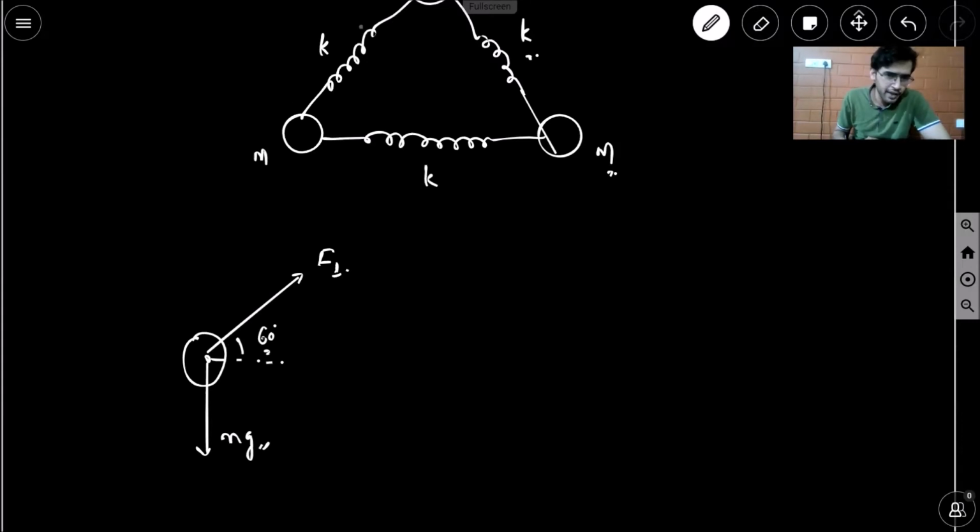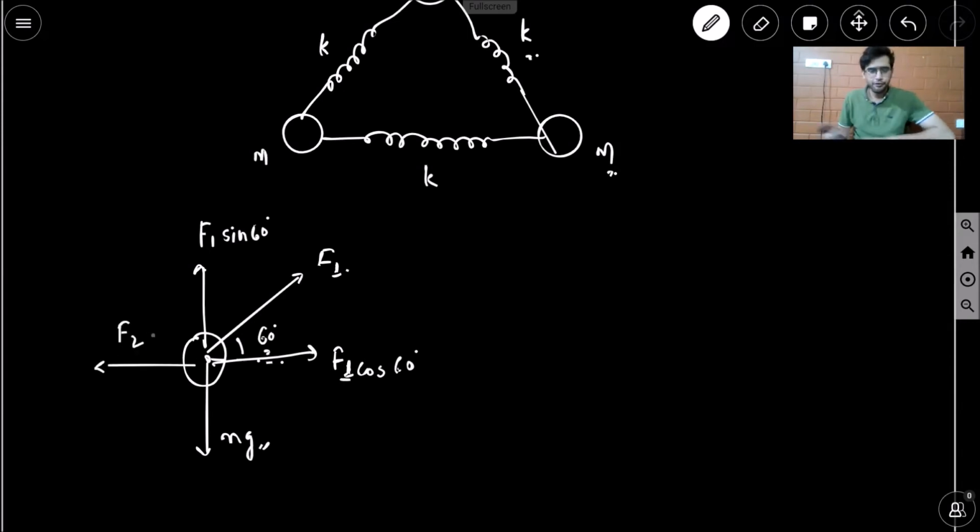So we know that this spring has to exert an upward force over here to prevent this from falling. So apart from exerting an upward force, whose component now will be equal to F1 sin 60, the spring is also exerting a force in the x direction, and that is equal to F1 cos 60. So in order for this particle to not move this way, this spring has to exert a compressive force, a pushing force, or the spring is compressed basically, and the force which it exerts is, let's say, F2, right? And now for this object to be in equilibrium, we have the condition that F1 sin 60 should be equal to mg, and F1 cos 60 should be equal to F2.